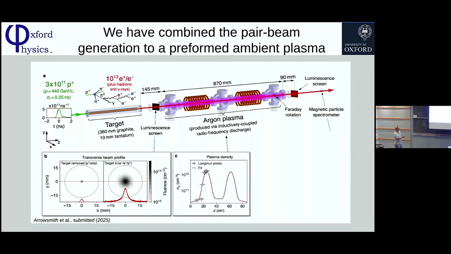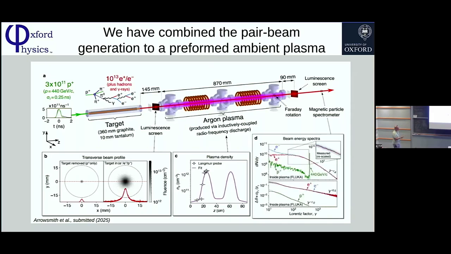The density in the plasma cell is not uniform. You have humps, right? A region of higher density surrounded by a region of lower density. So all of this has to be accounted for at some level. And then we measure the magnetic field using Faraday rotation at the exit, almost at the exit of the plasma cell. And we also measure the spectra of the electrons and positrons as they exit this plasma. So this is the full experiment.